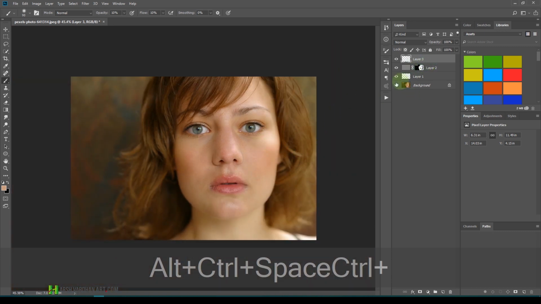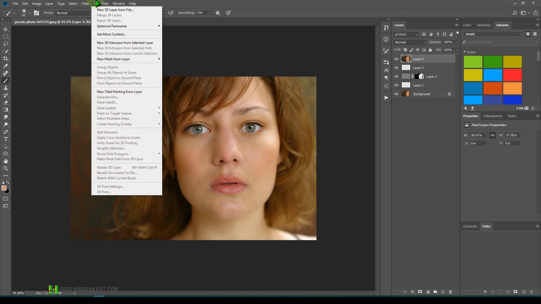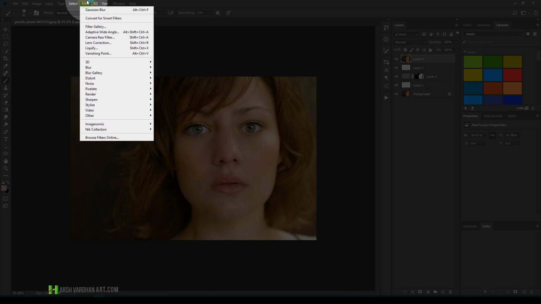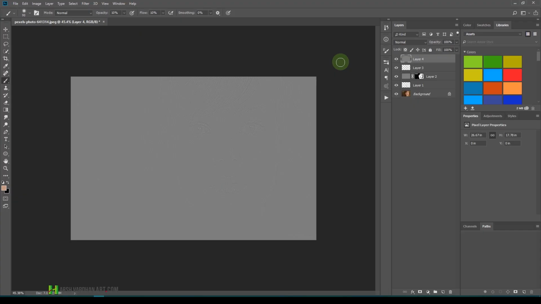Once you do this, now let's bring out more texture in the skin. So we'll create a stamp copy by pressing Ctrl Alt Shift E or Command Option Shift E, and then again we'll go to Filter, choose Other and choose High Pass, and this time we are going to choose the radius of 1.5, not 105, let me correct it, 1.5, and then we will press OK. You can see 1.5 and then press OK, and then come over here on the layer blending options and choose